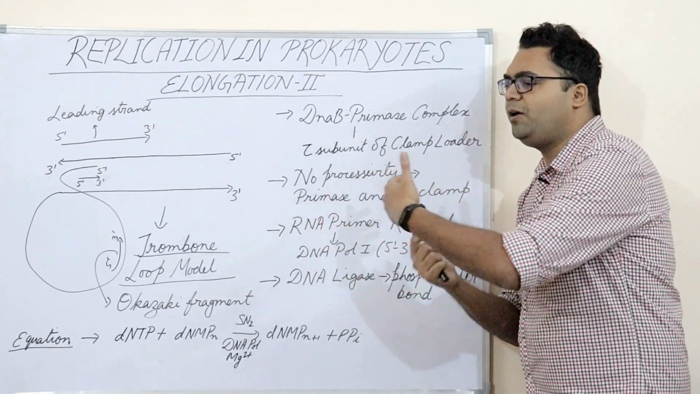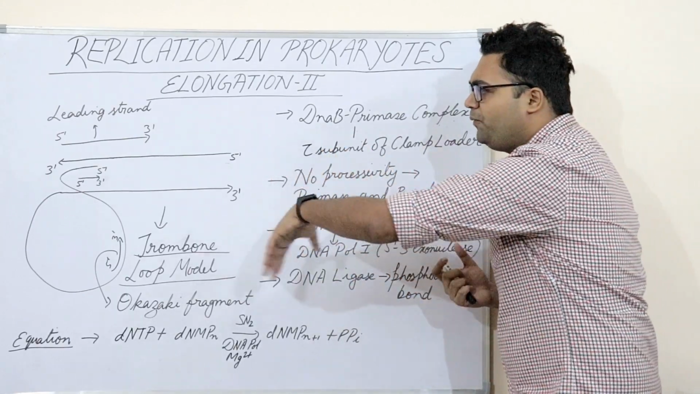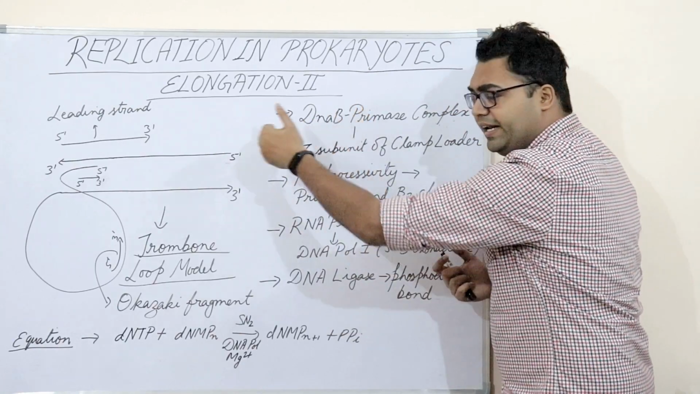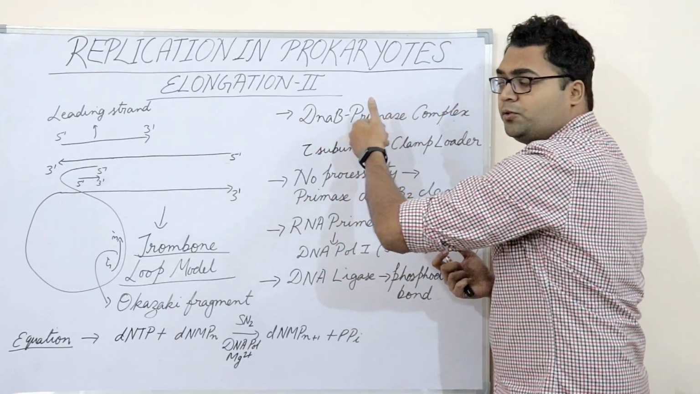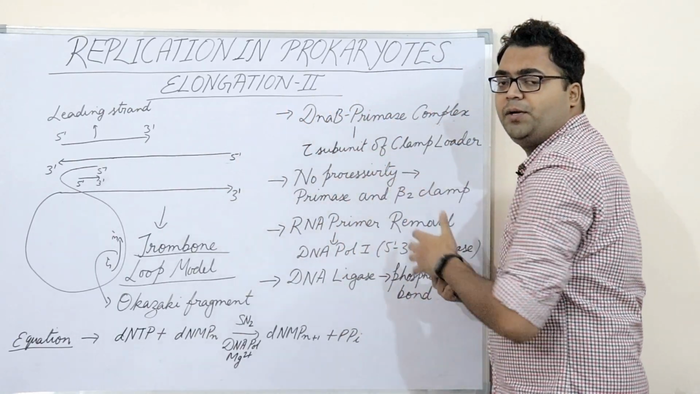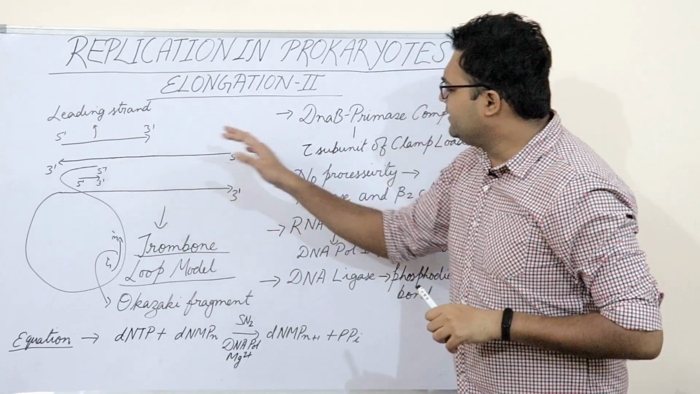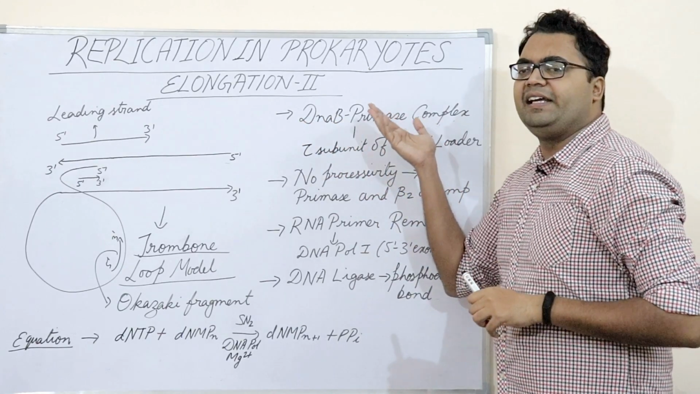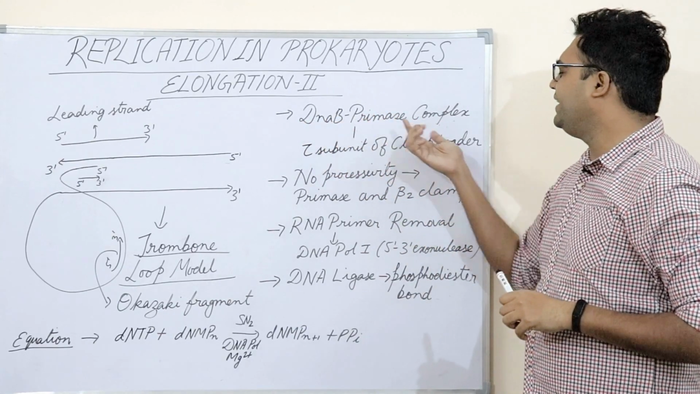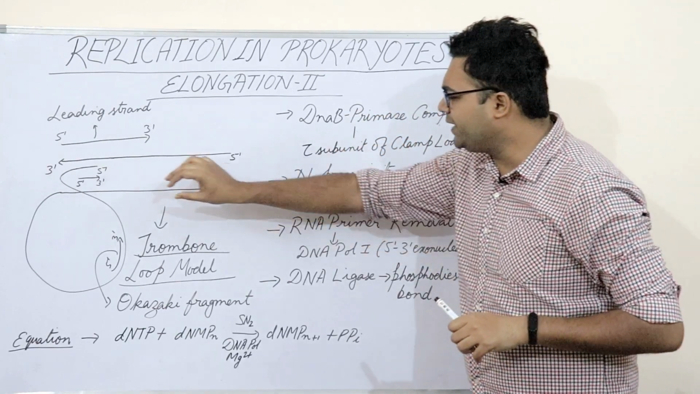How is this to be rectified, and how did nature come up with the unidirectional movement of the DNA polymerase 3 holoenzyme? The answer to that question is that DnaB, the DNA helicase, and the DNA primase complex are attached like this